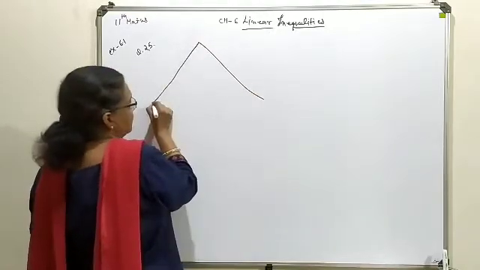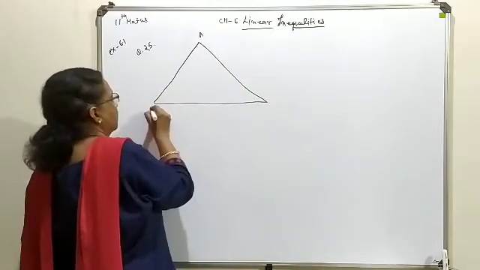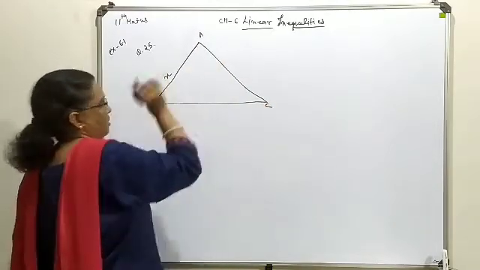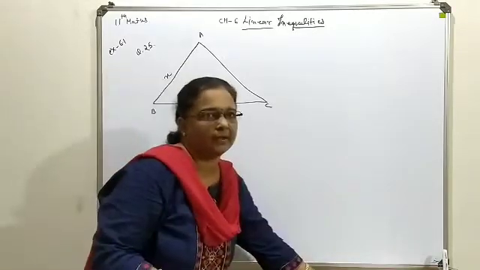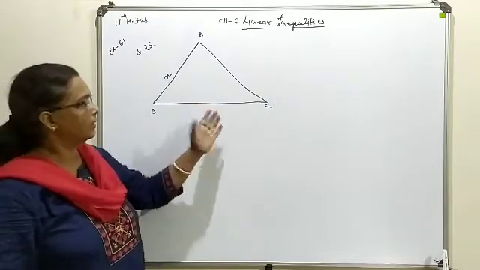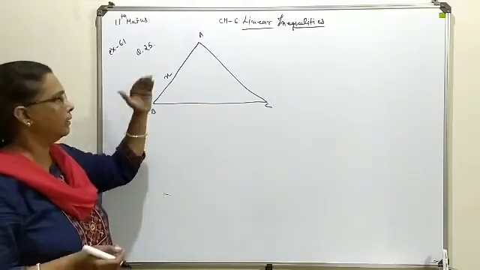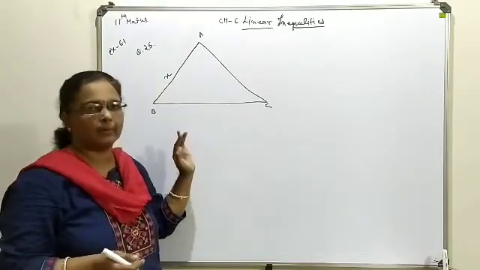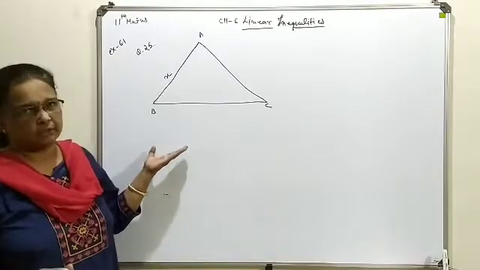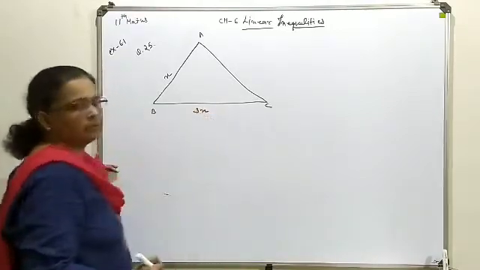So in our question, we have one triangle with 3 sides of different lengths. This you take A, this you take B, this you take C. Here the smallest or shortest side we consider as x, and the longest side we consider as this BC. What is the relation between the shortest and the longest? The longest side of the triangle is 3 times the shortest one. So this BC you can consider as 3x.